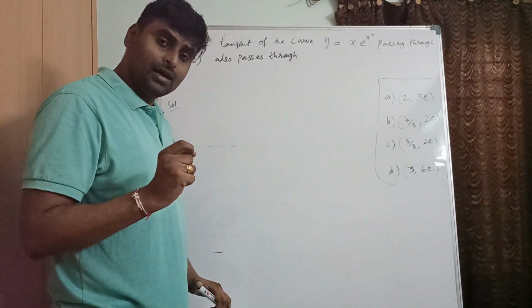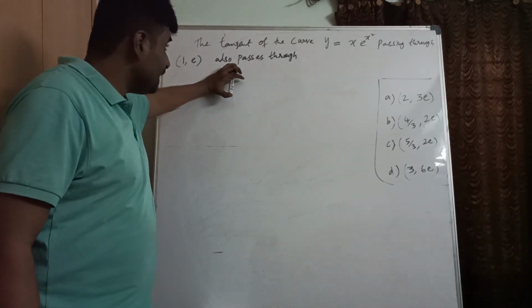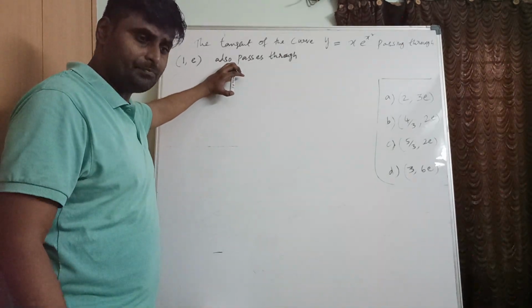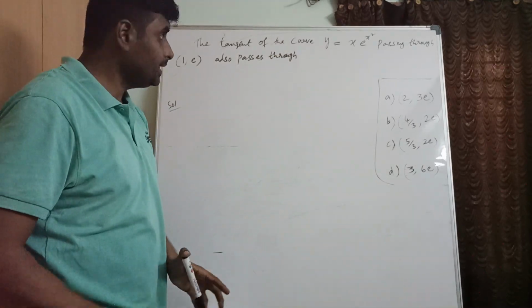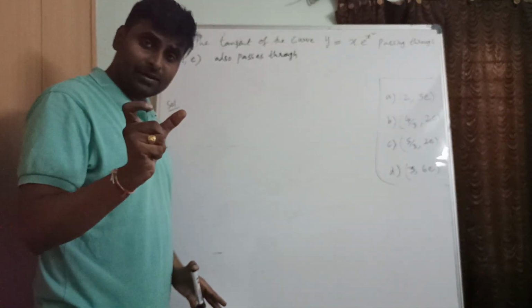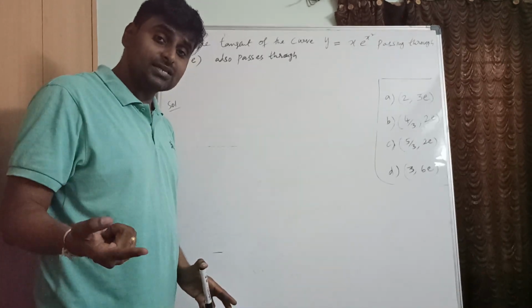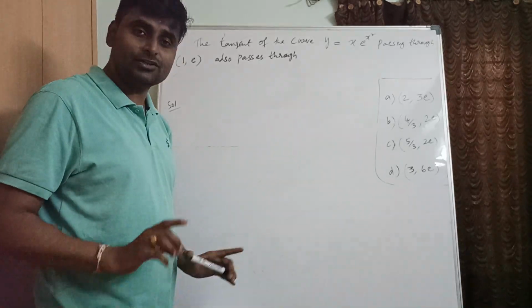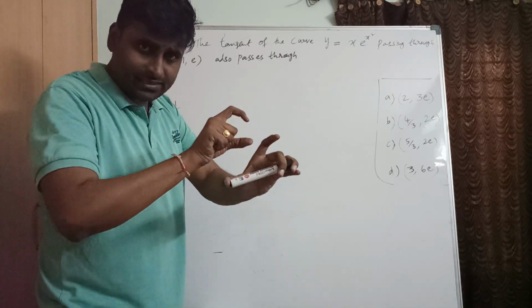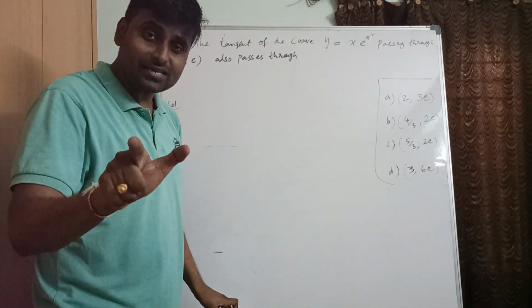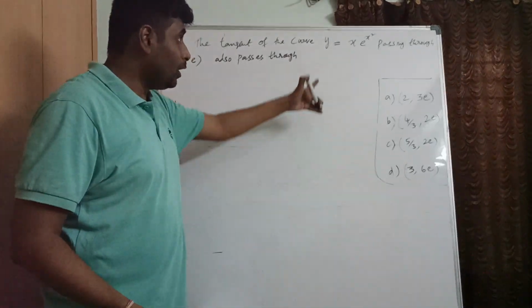In most of the previous year papers, we can observe these model problems. Whenever you are given a curve and one point, and the equation of tangent is formed, it will be asked which of the following points it also passes through. It's very easy. We'll derivate that and substitute that point, and we'll get the tangent equation. That equation also passes through which of those points, just verify the options.